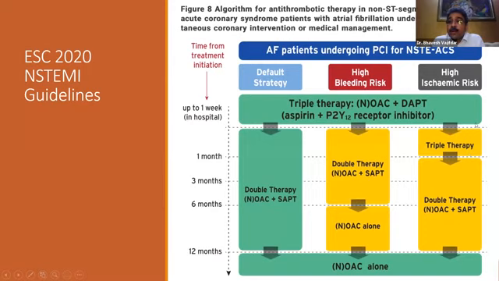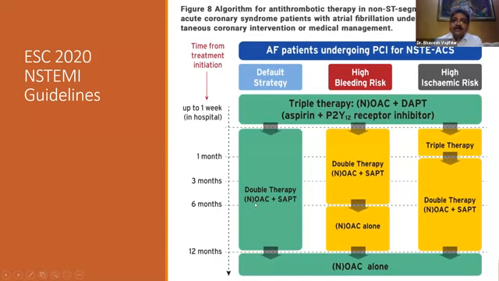But if you have a high ischemic risk, that means we described patients who suppose have a left main stent, triple vessel disease, multiple stents, bifurcation stents. So these patients, you could prolong the triple therapy, that means NOACS plus DAPT, for 1 month, okay? And then after 1 month, you downgrade them to a dual therapy with a NOACS and a single antiplatelet. And after 1 year, you come down to only a NOACS.